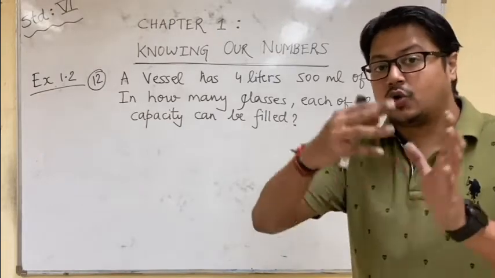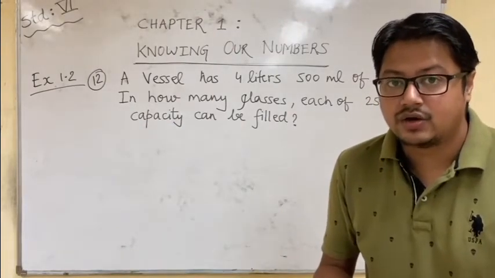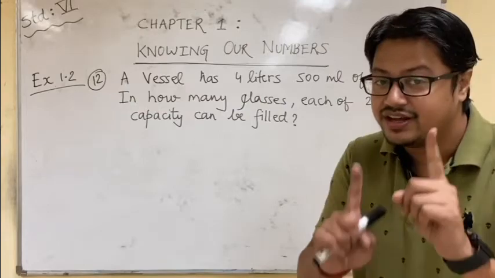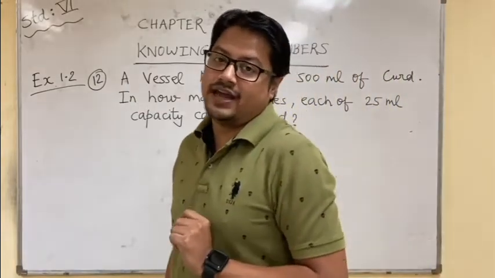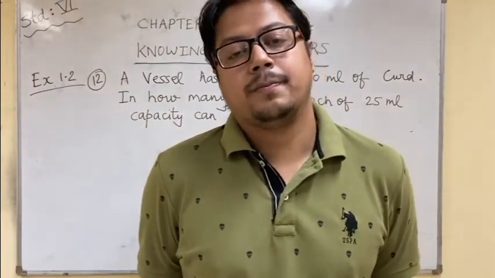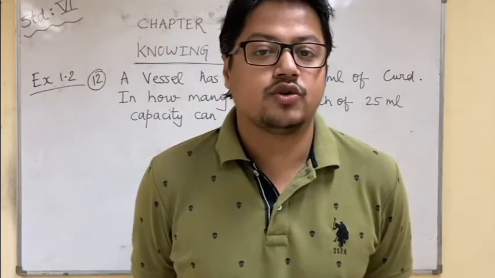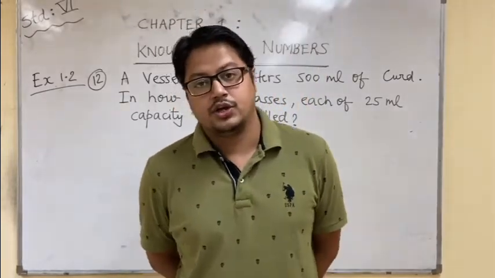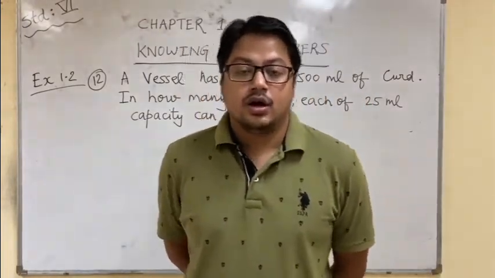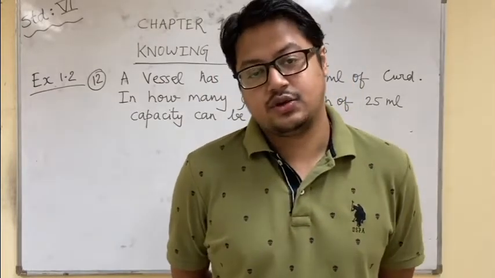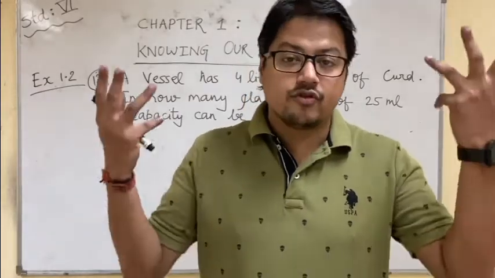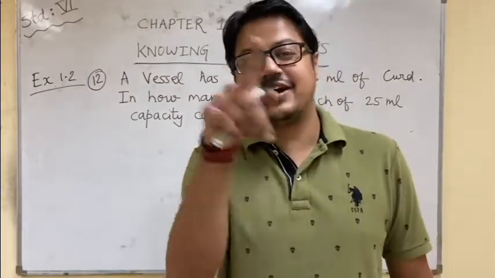We are given total amount of curd. We have to find out how many glasses will be there, the number of glasses, and it is given each glass will have 25 ml. Now I will explain this thing in a very simple manner. Listen to sir. You bought chocolates worth rupees 20, correct? You got 4 chocolates. What was the cost of each chocolate? You will say, sir, 5 rupees. How? 20 divided by 4.